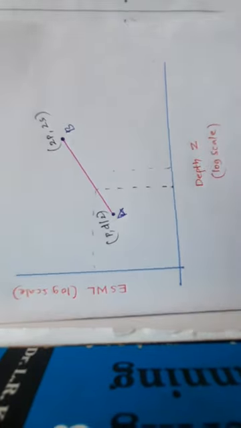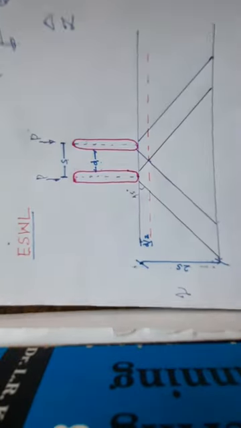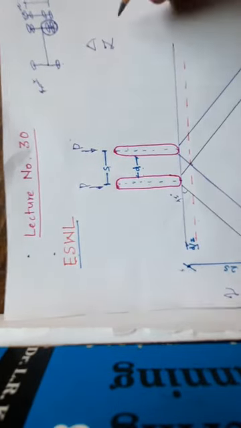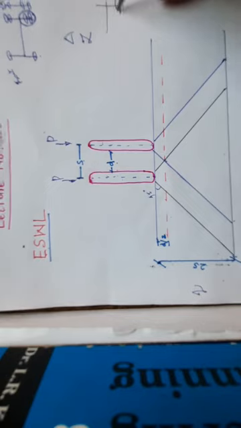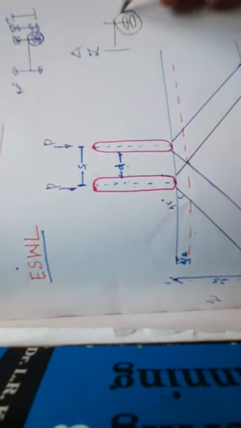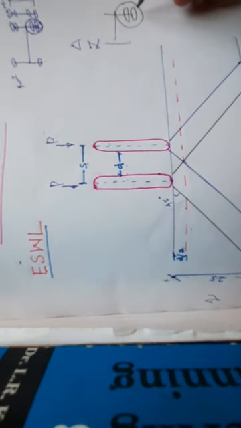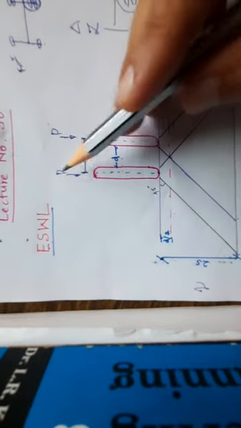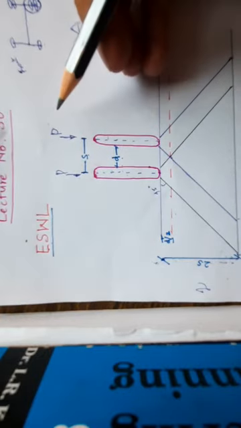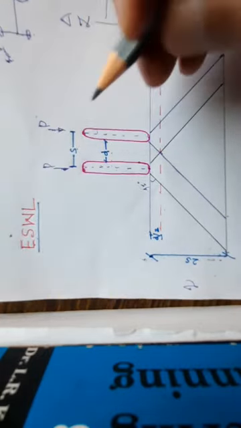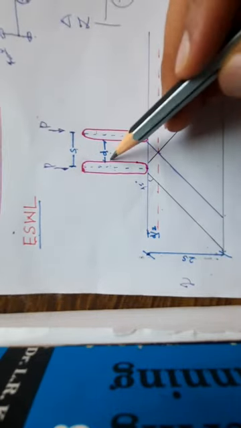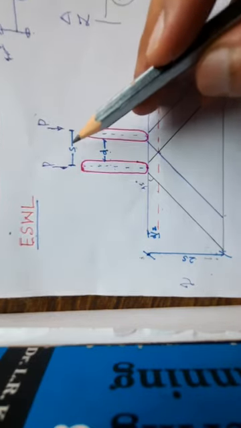Clear? I will try to explain it once again. See here, this picture I expanded is nothing but the rear wheel assembly of a truck, or any dual wheel load. When the load comes, it comes from both wheels, each having some magnitude P and P. The tires are not attached, so there is some spacing between the two wheels. The inner spacing is d, and the center to center spacing is S.